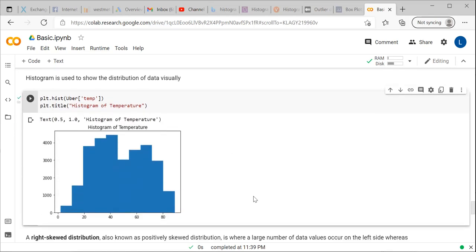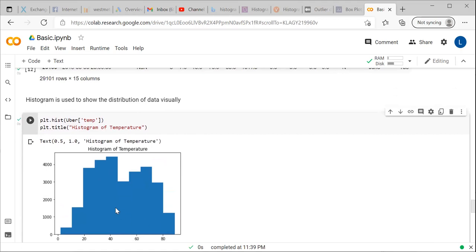You can see this is the histogram. This will explain the frequency of each data entry, how frequently a particular data entry is coming up in the data set, particularly the temperature. Here, it looks like a normal distribution; basically the entire temperature lies within this particular range. Near 0, it's low. Above 80 also the value is low, but within this central period, which is called the central tendency, it looks like a normal distribution.